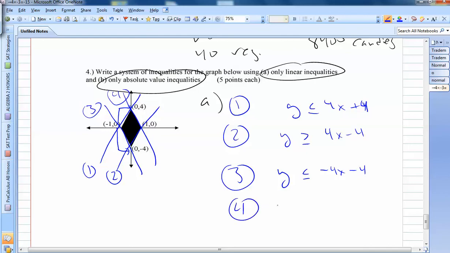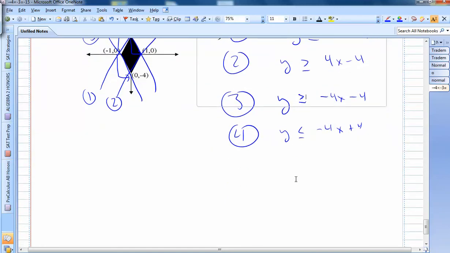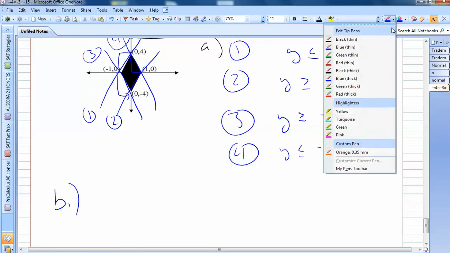And for the fourth one, sorry, you're still going down 4 and over 1 for the fourth line. So it's negative 4x, but now the y-intercept is positive 4, and the shading is below. And I lied about number 3. It's supposed to be greater than or equal to. My apologies. It's been a long day. Anyway, so that's how you do it for linear inequalities. For absolute value,